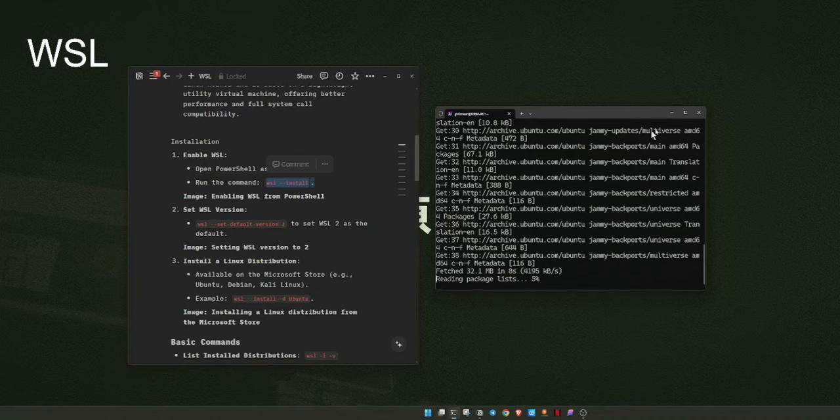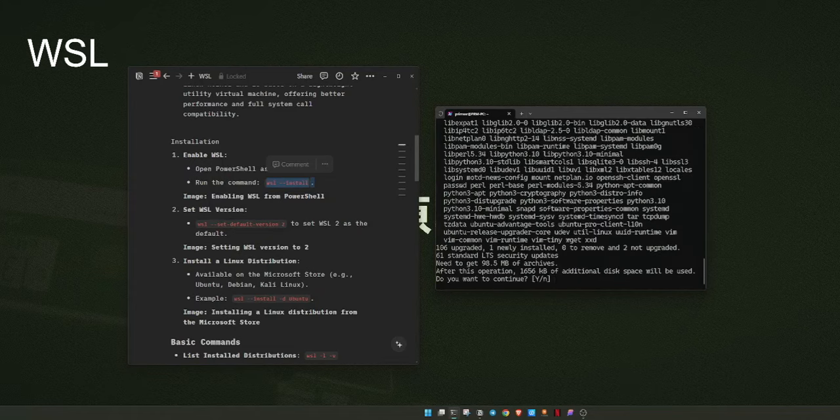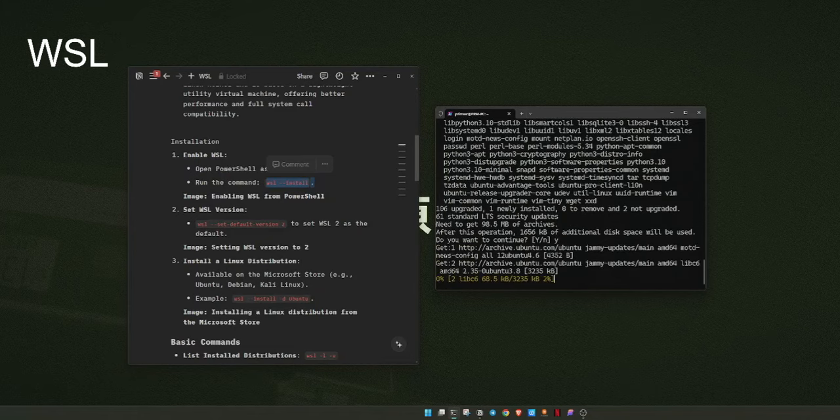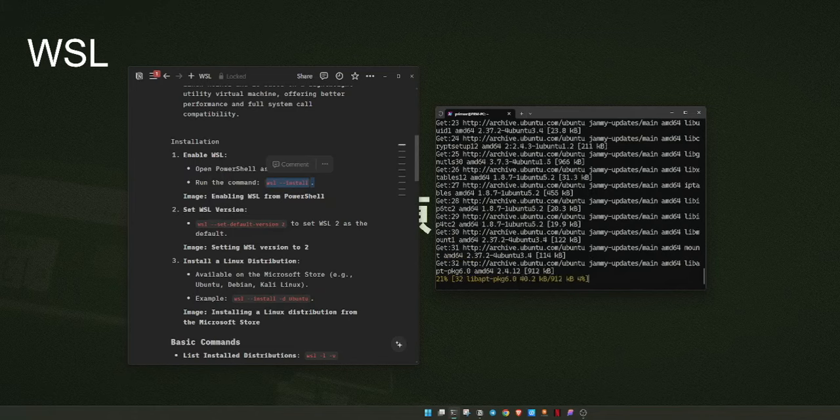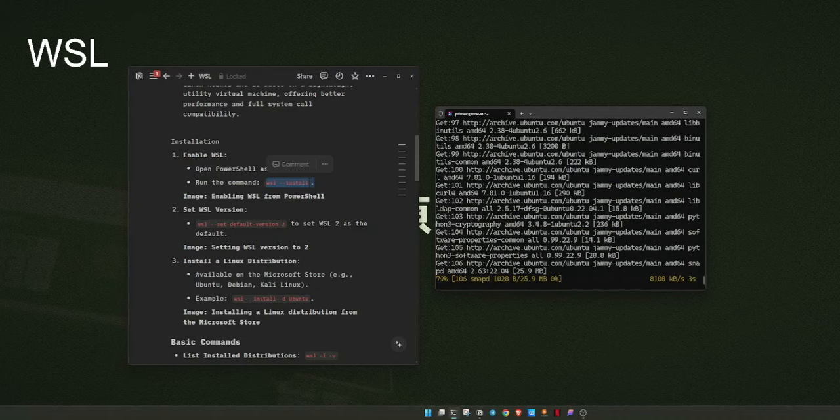Okay, I'll pause the video again and wait for the update to finish. Mabilis lang pala. Okay, after that, we can now issue the command sudo upgrade. Now this would install additional files on your computer. Just click yes. So, updated na yung ating Ubuntu operating system on your computer.